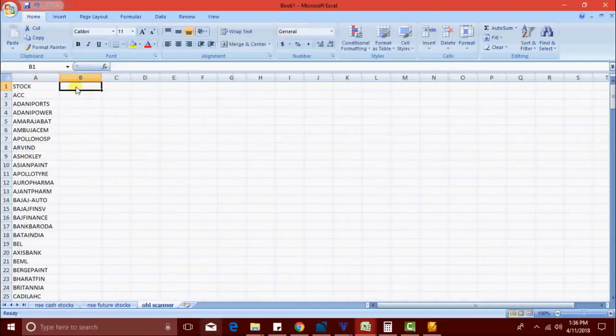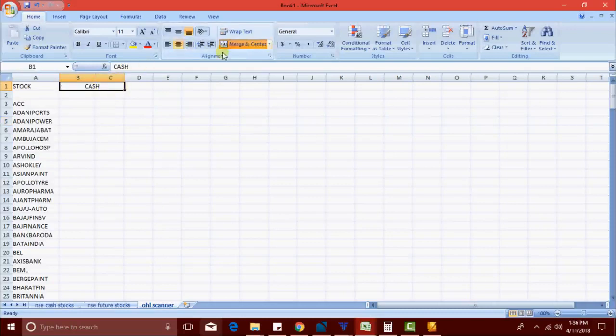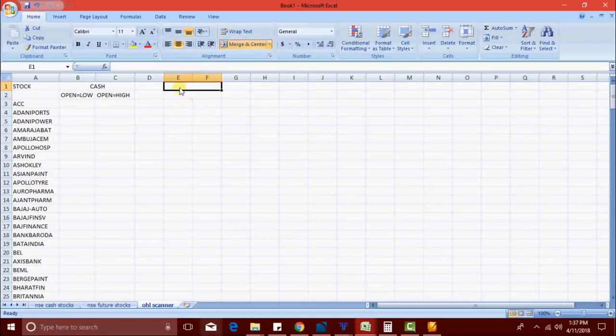Then I'm going to take cash data. In cash, open is equal to low, open is equal to high. Next I am going to take future data.